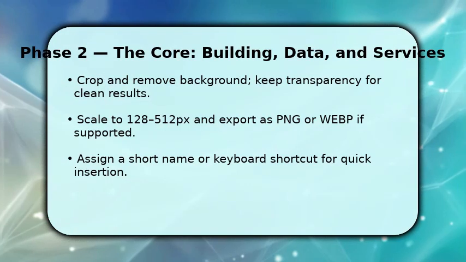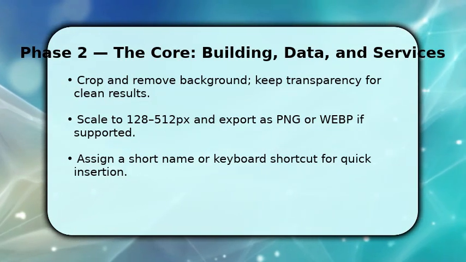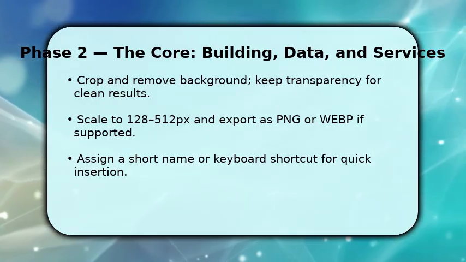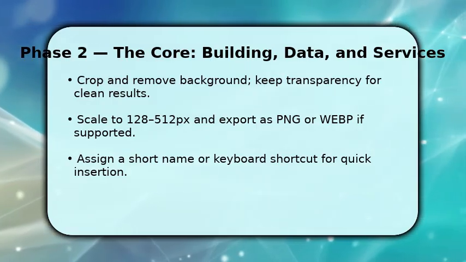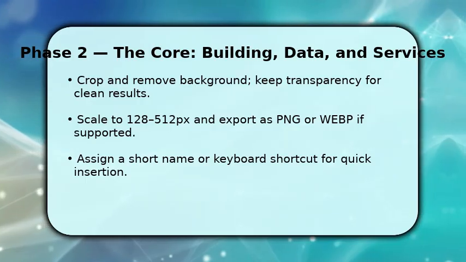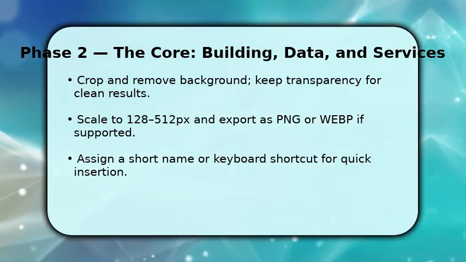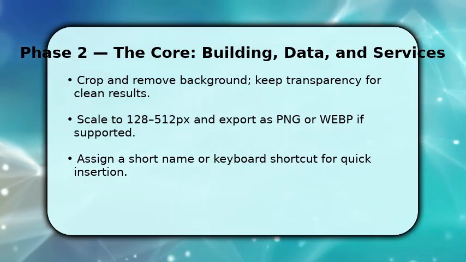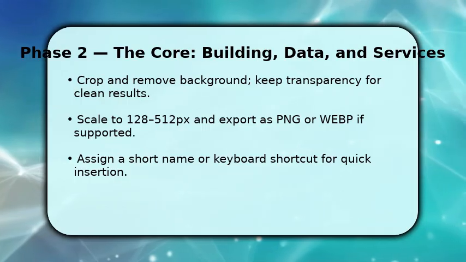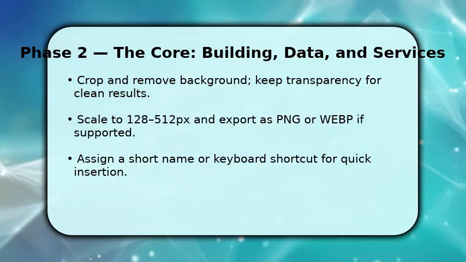This gets you into the editor. You now refine and convert the image so it behaves like an emoji. First, crop and remove the background to retain transparency. This keeps the battery crisp in text. Then scale the image to between 128 and 512 pixels and export as PNG or WEBP if the app accepts